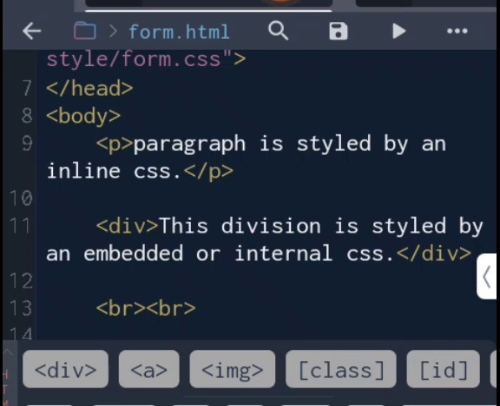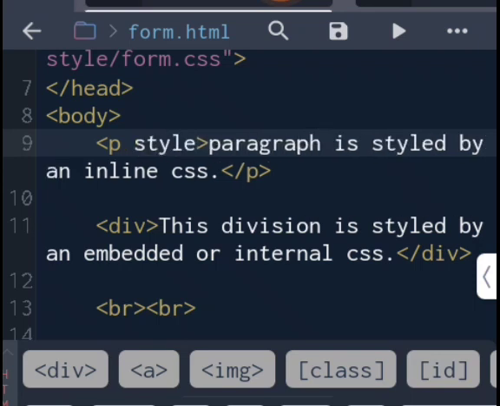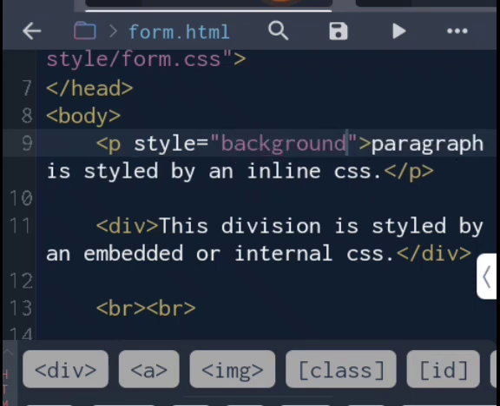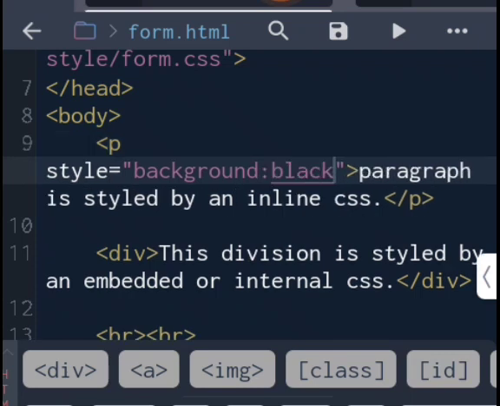Now, for the inline CSS, an inline style is one of the ways to insert a style sheet. To use an inline style, the style attribute is added to the relevant tag, in the starting tag. For example, to add a style to this paragraph, we just put style, then the style to add, say background, black,